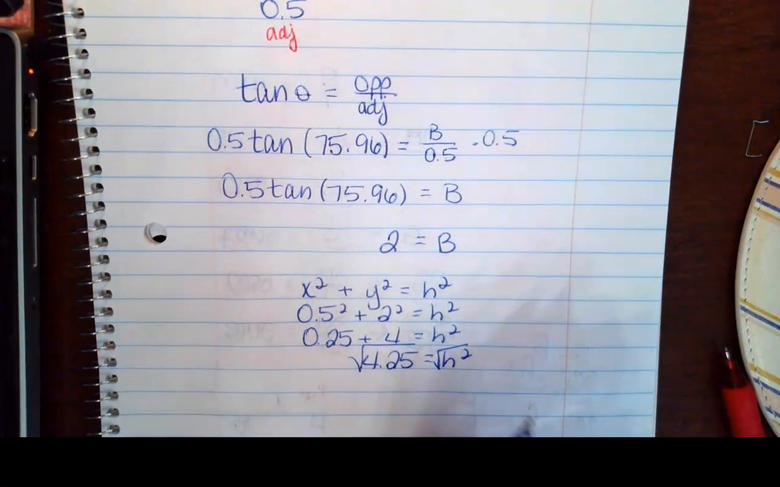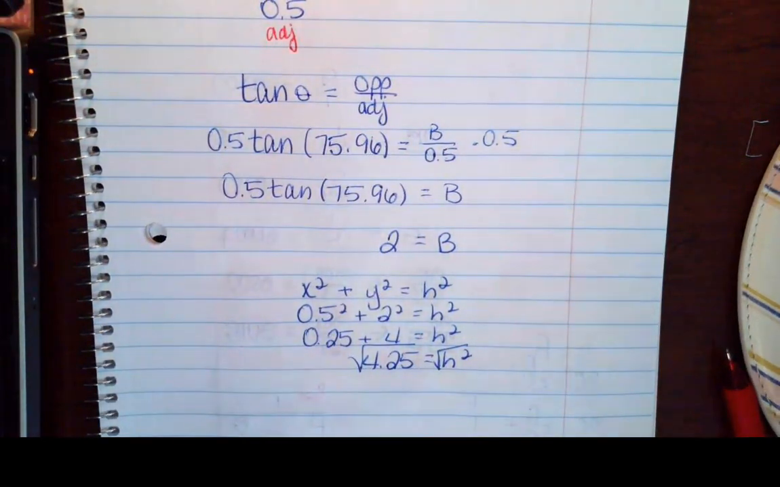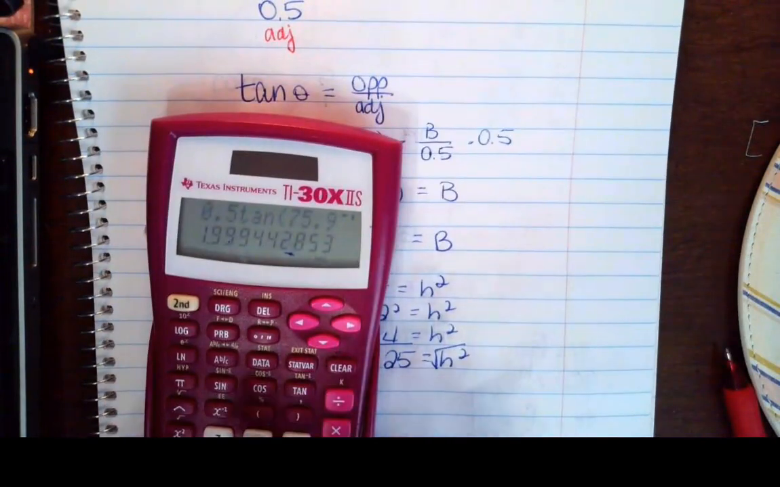So I can take the square root of both sides. Remember, your hypotenuse or your radius will always be positive. So the square root of 4.25